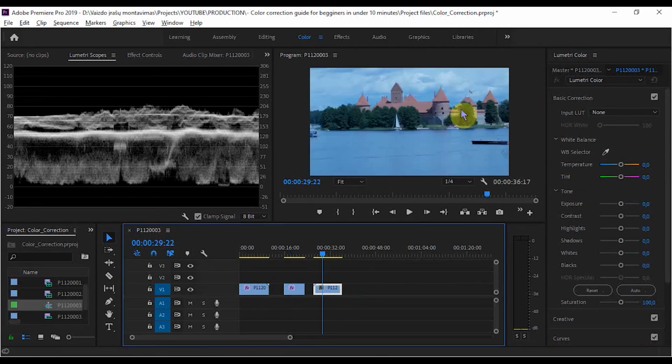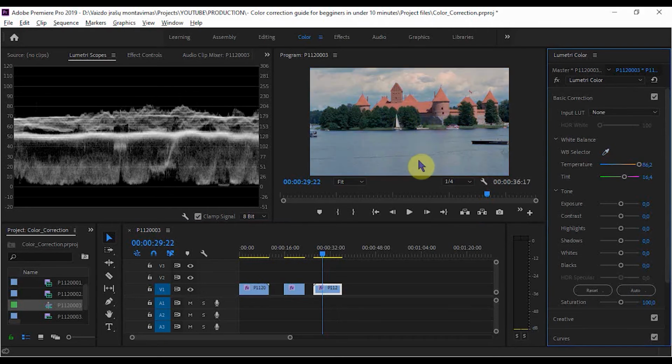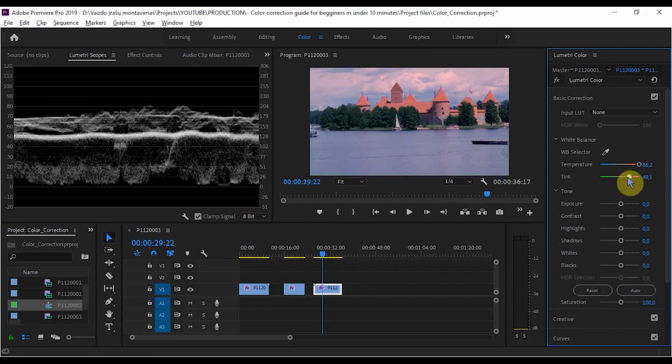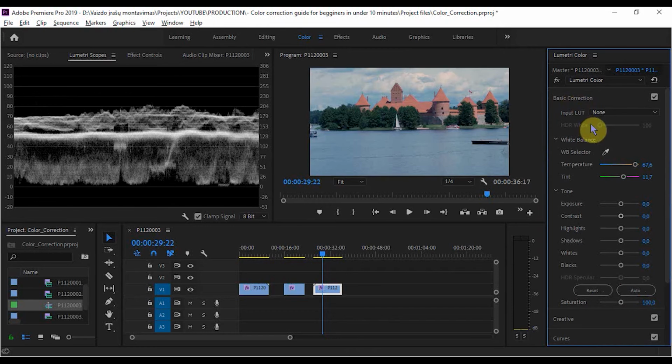Nice. The third clip, where white balance is way off, we can see a bluish color in the video clip, meaning that white balance was set incorrectly while this clip was shot. The first thing we can do is to take this pen tool and select the area where the true white is, for example sails again. Good, now we can see that it gets white with an orange color. Here we can try to play with temperature and tint settings. If it's not working, the other thing we can do is